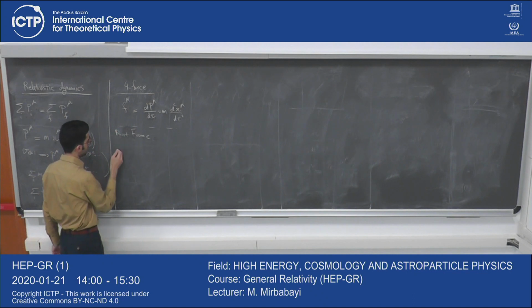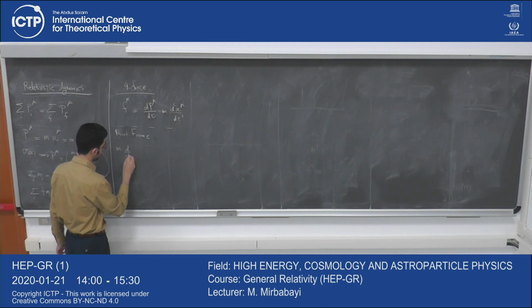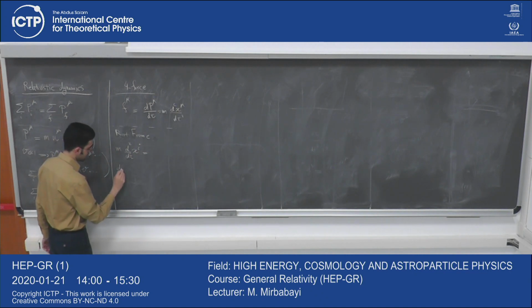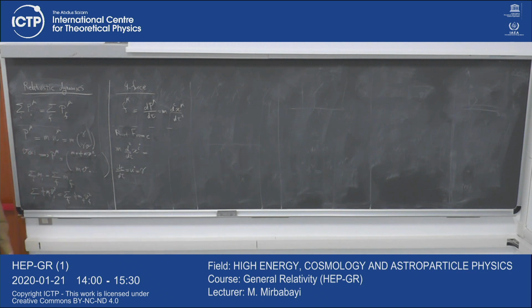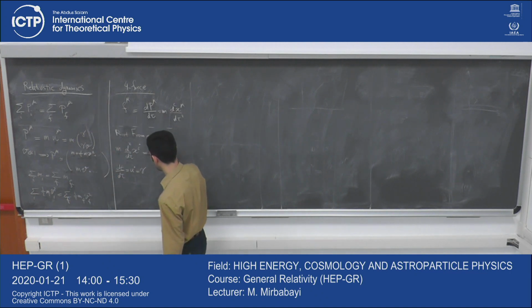So if we look at the spatial component of this object, what we have is m d squared x^i by d tau squared. Now let us remember that we had dt by d tau is equal to u0, which is gamma. So we can use the chain rule to write this as m gamma